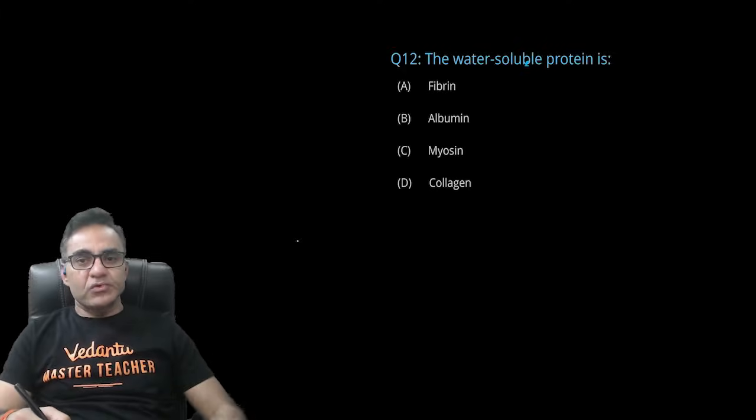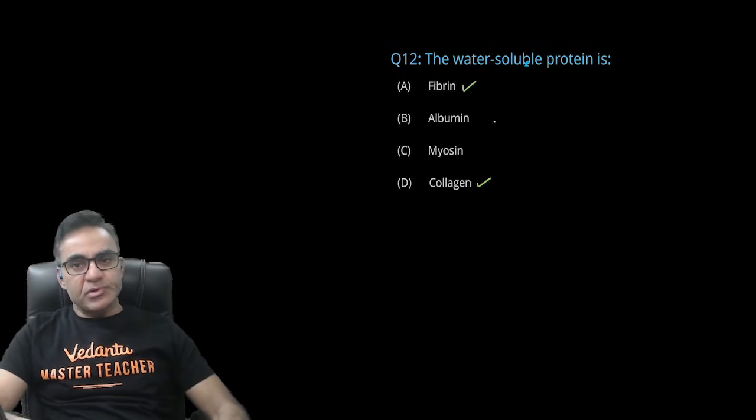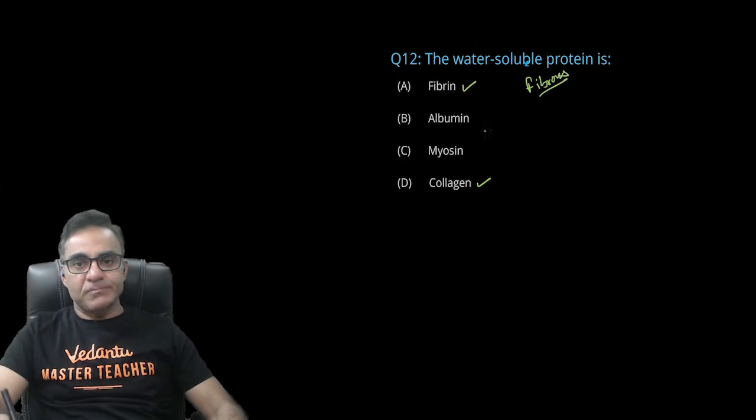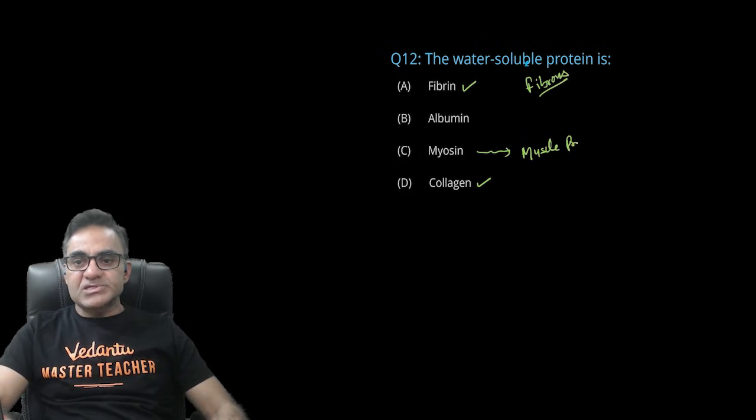In this question we need to find out water soluble protein। देखो 4 टाइप के प्रोटीन दिए हुए हैं, फाइब्रिन एंड कोलाजन, ये ऐसे प्रोटीन होते हैं जो फाइब्रस प्रोटीन होते हैं, और फाइब्रस प्रोटीन जो होते हैं वो वाटर इनसॉल्युबल होते हैं। जो मायोसिन होता है ये एक्चुअली मसल्स प्रोटीन होता है, और मसल प्रोटीन जो होता है ये